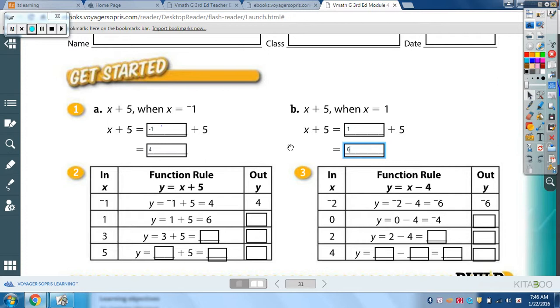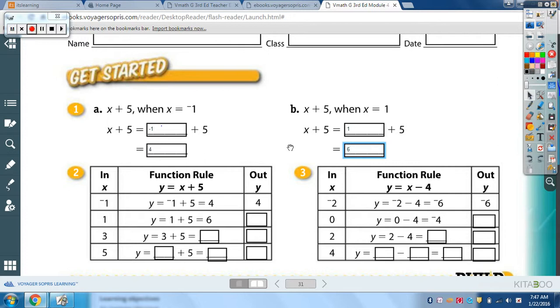The table in problem 2 is called an input-output table. An input-output table shows how each input value x is paired with an output value y. In the table, there is a column for the x values, the input values, a column for computing the output values, and a column to write the output values, the y values. Use the function rule y equals x plus 5 to find the output values that are related to the given input values. So if we look at the first one in the table in number 2, it says that x